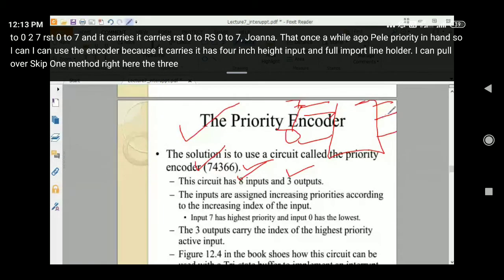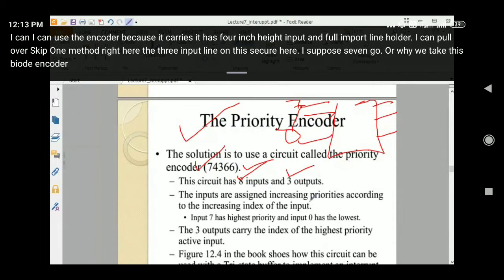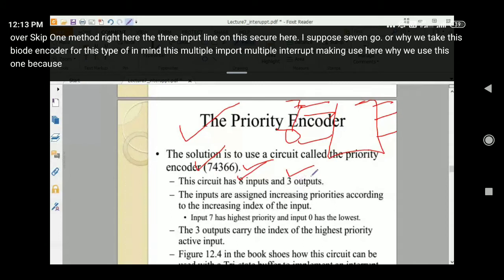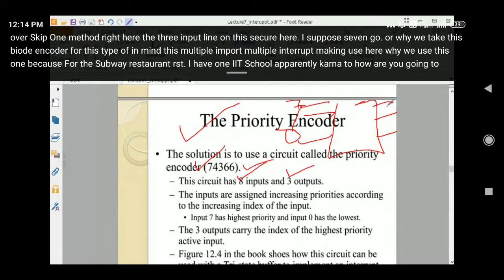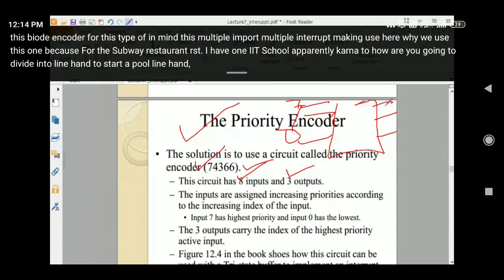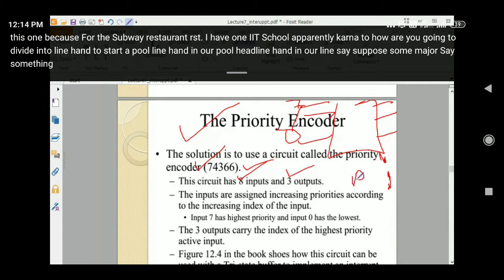तो 3 output line होने से क्या है, why we take this priority encoder for this type of multiple interrupt में क्यों use किया? Why we use this one? Because for the 7 restart RST 8 है, मेरे पास RST 8 है, उसको priority करना है. तो how are you going to divide? 8 input line है, तो 3 output line है, 3 output line से suppose सब में 0 होने से तो it is nothing but RST 0.